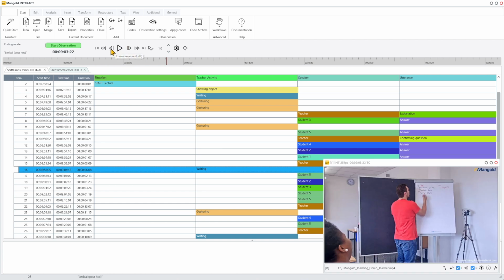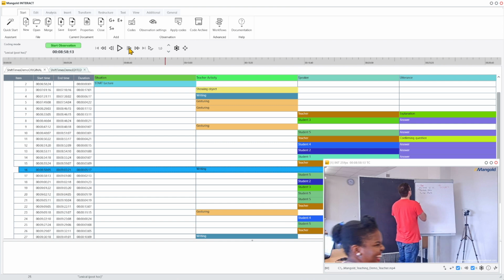Let's start by correcting a single, previously logged time value. The easiest method is to perform a simple drag and drop action like this. Position the video on the correct video frame and drag the value from the timer here at the top to the start or end time value in the data that needs adjustment. Yes, it is as simple as that. Position, drag, and drop. For small corrections, double-click the wrong time value, reposition the video with the video controls, and